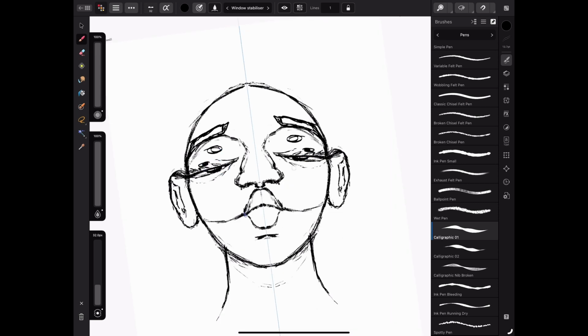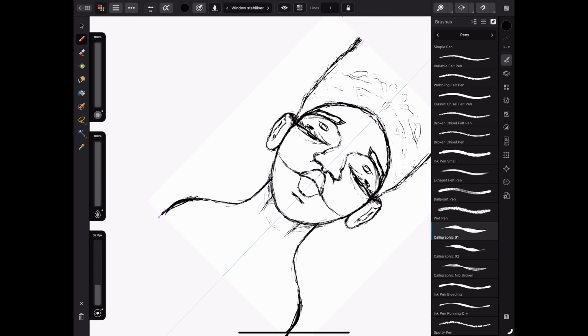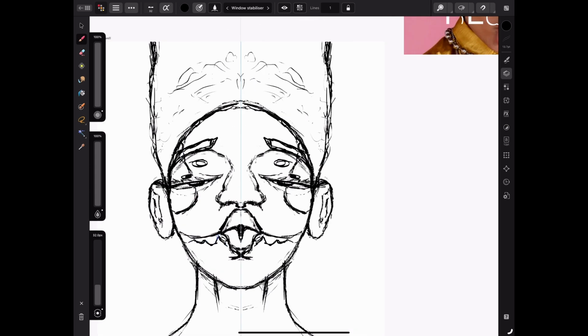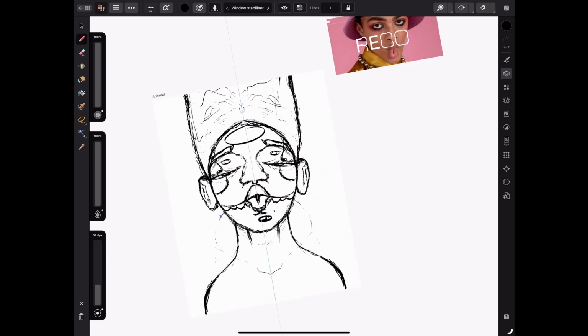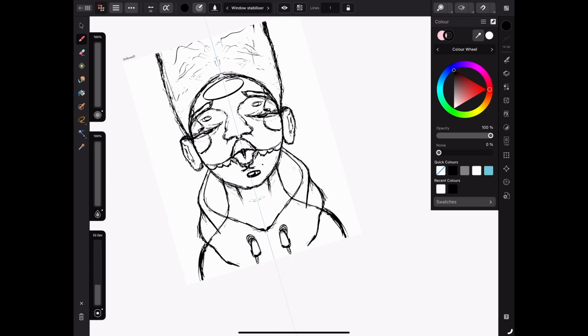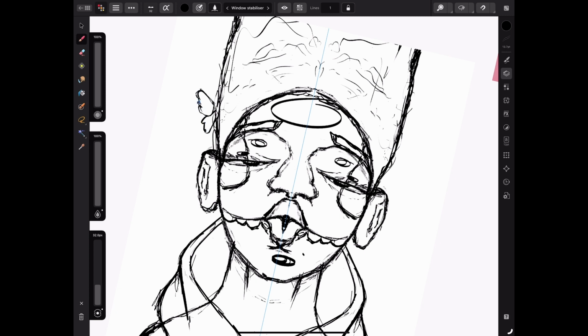I'm using my graphite brush for this, and I'm just trying to figure out what kind of hairstyle to go for. At this point I was feeding this because I wanted to extend out of the artwork in a sense, so it's kind of like growing out of the artwork. So I just started working with that and trying to figure out what else to add to make the piece of artwork interesting. My biggest thing is to always go for visual interest more than anything,